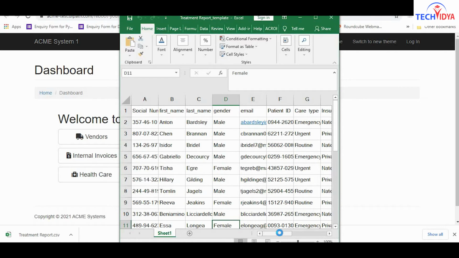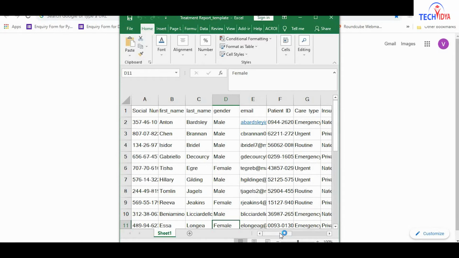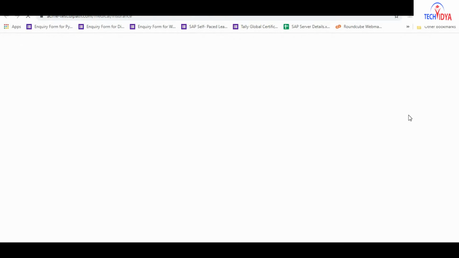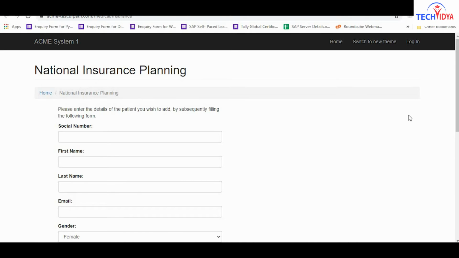Now it goes to its next step, that is entering the data from the sheet into the national policy form. It will open the form, and on a filter basis it will automatically select all the patients with the national insurance plan, enter their details one by one and submit them.